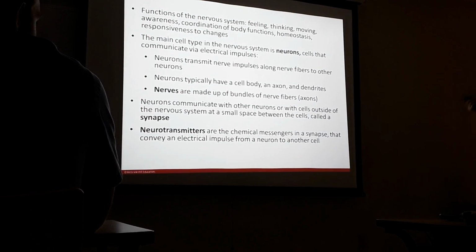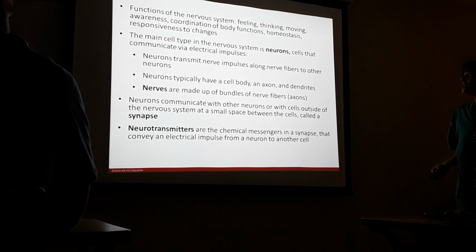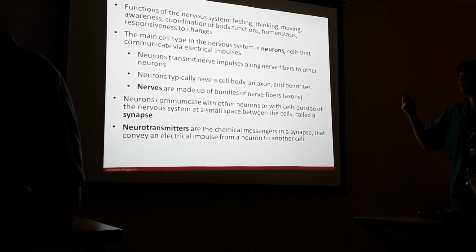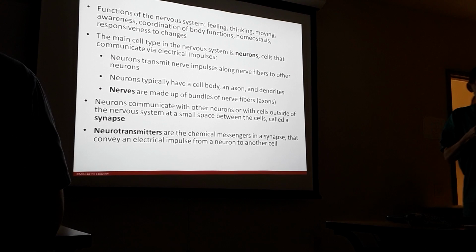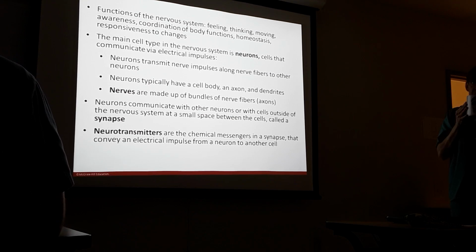Okay? It's those neurons, and again, they transmit nerve impulses, which is basically just information. Cell body, axon, dendrite, and then we have bundles of axons which make up the nerves. You have 12 pair of cranial nerves and 31 pair of spinal nerves, which is your peripheral nervous system, and then all of the branches from there. And I'm going to tell you what the 12 pair are